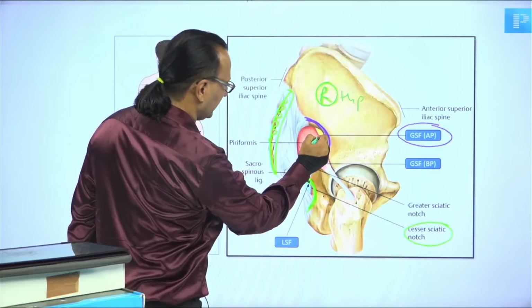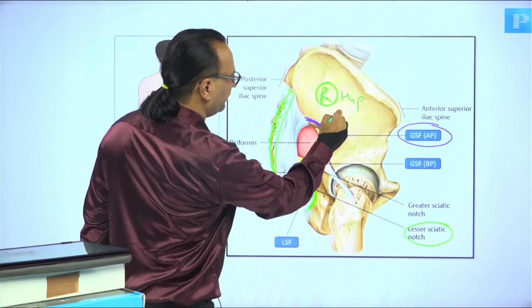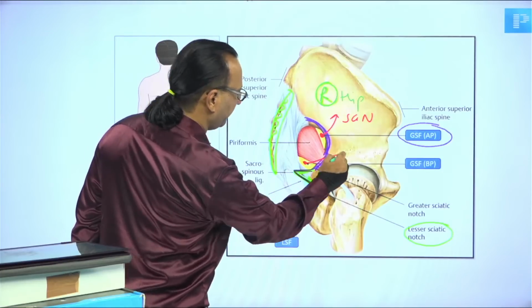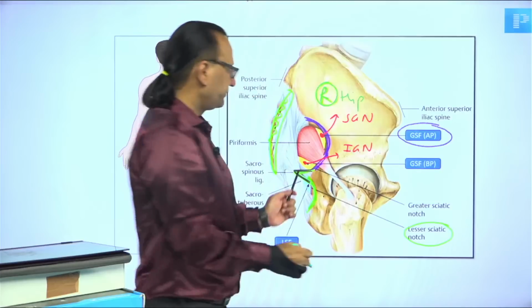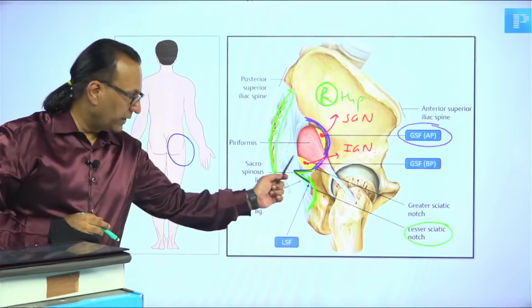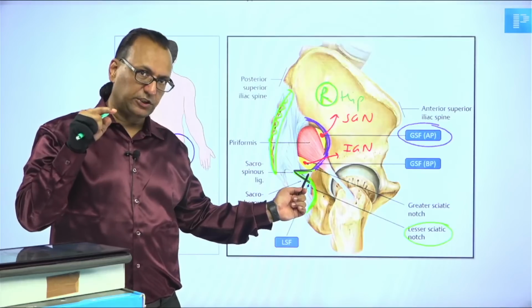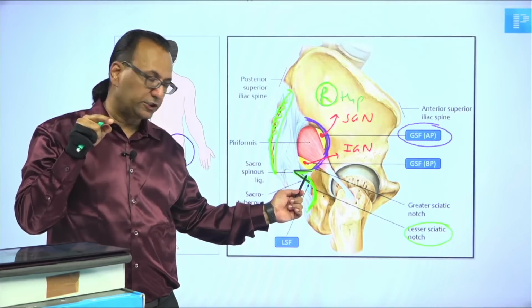This is piriformis. Above that there will be a nerve, the superior gluteal nerve, and below that there will be a nerve, that will be the inferior gluteal nerve. But not only the inferior gluteal nerve, you will have the pudendal nerve, the pin structure, nerve to obturator internus, and also